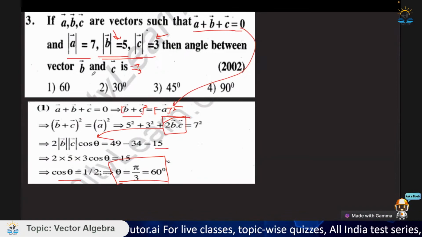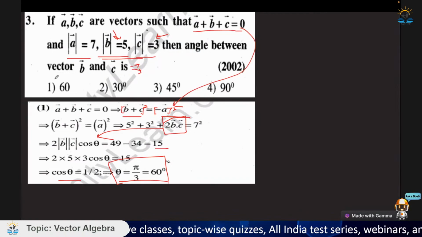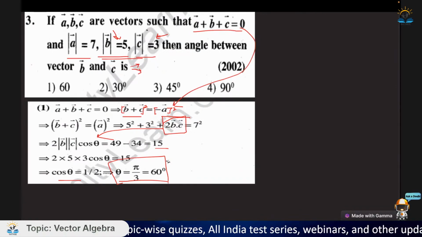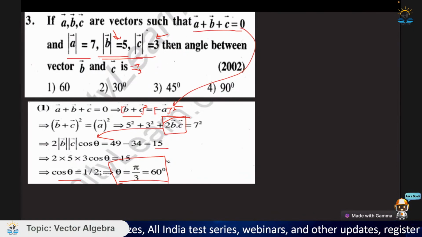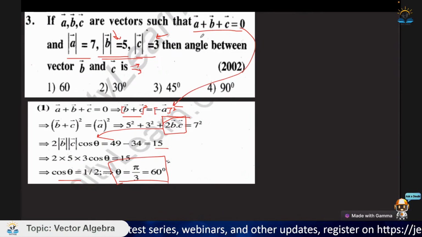सो हाँ, बस basic point इस question में ये ध्यान रखना है कि यहाँ पे हमें पता नहीं था कि approach कैसे करनी है। Simple हमें पता चला कि हमको angle निकालना है, तो cos theta या sin theta हमारे पास कहीं ना कहीं equation बनाना चाहिए। और equation हम बनाएंगे कैसे, जो equations दी है इसी को manipulate करेंगे। सो एक तरीका ये भी हो सकता था इस question को solve करने का।